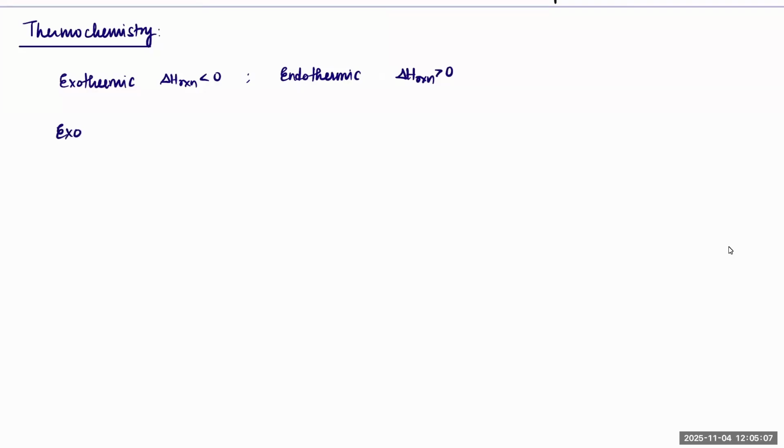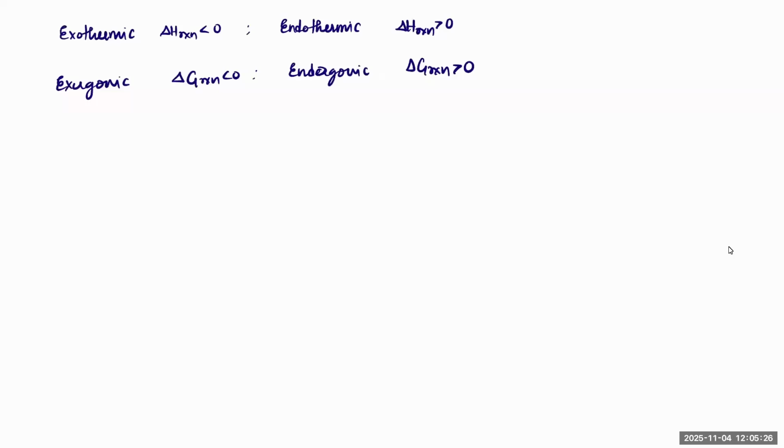Then exergonic, which means delta G of the reaction is less than 0. Then we have endergonic, where delta G of the reaction is greater than 0. First, remember these two terms, beta. Clear? Next, the second term that you need to remember is that delta H of the reaction is always equal